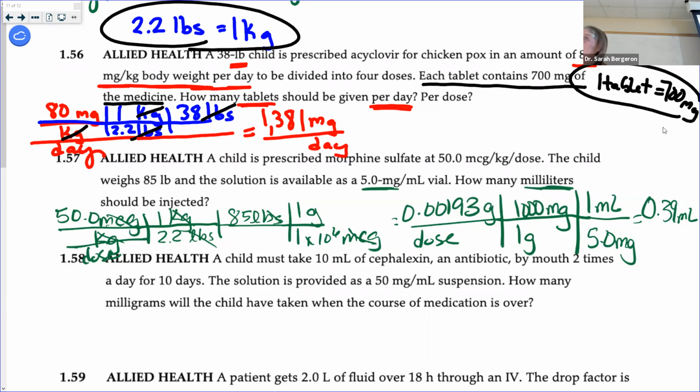It will help you. Okay, so now I just want to extend my fence post, right? And I'm going to put milligrams on the bottom because I want to get rid of it. And I'm going to put tablet on top. So then what? So I know I have 700 milligrams in 1 tablet. So now it's 1,381 divided by 700, and I get